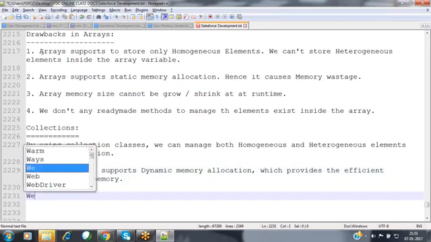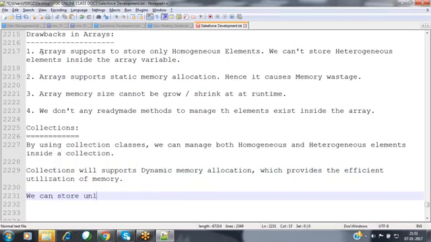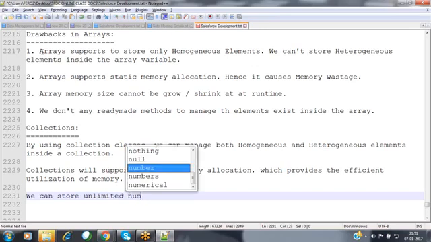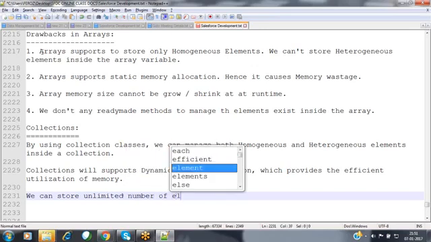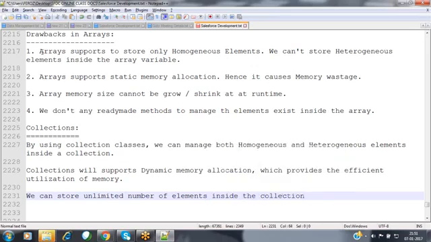When coming to the collection, we can store an unlimited number of elements inside the collection.